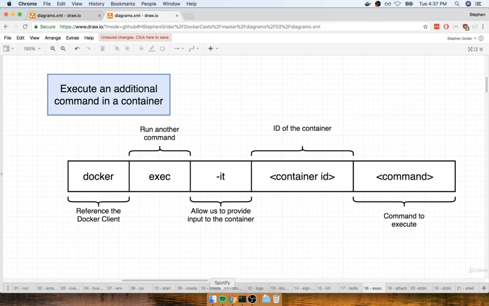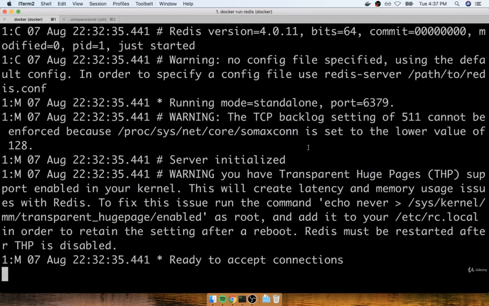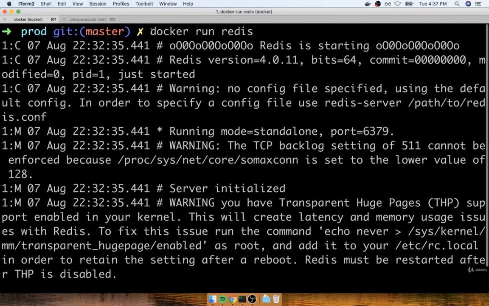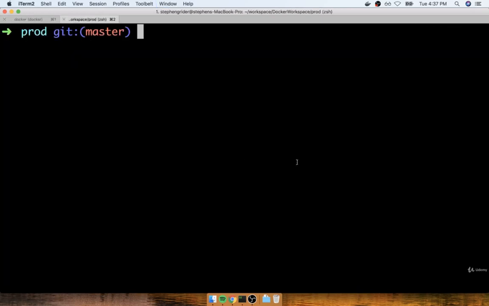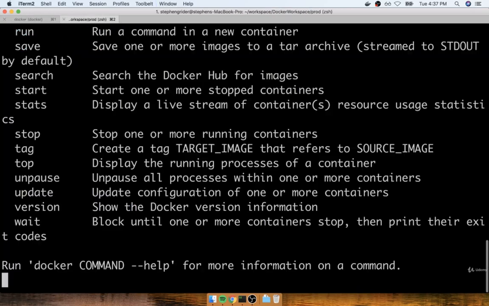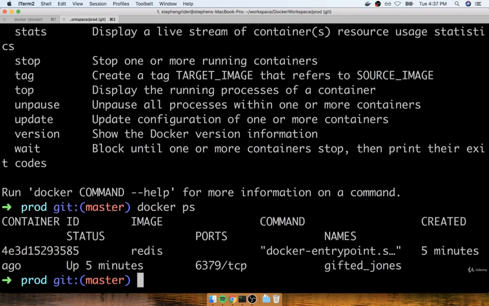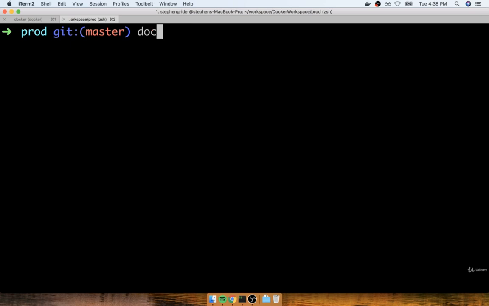So here's what we're going to do. I'm going to flip back over to my terminal. I'm going to verify that I'm still running that Redis container. I'm going to open up a second terminal window. Inside of here, I'm going to run docker ps and get my container ID. And then I'm going to run docker exec -it. I'll put the container ID in, and then here's the magic. I'm going to put in sh. And we'll talk about what sh is in just a second. I'm going to run that command, and you'll see that I get the little pound over here.